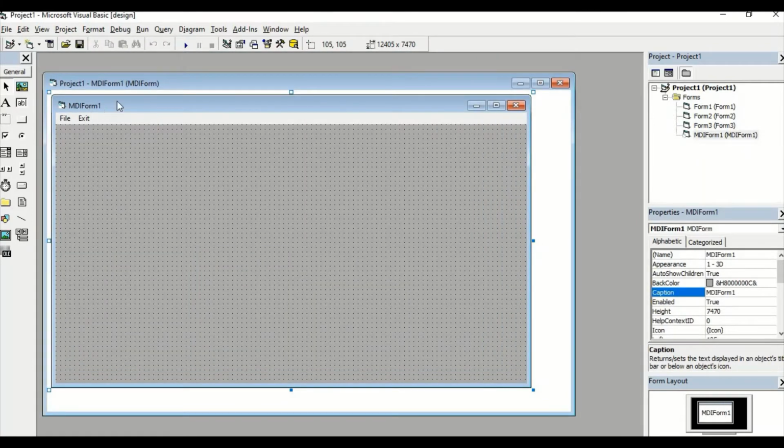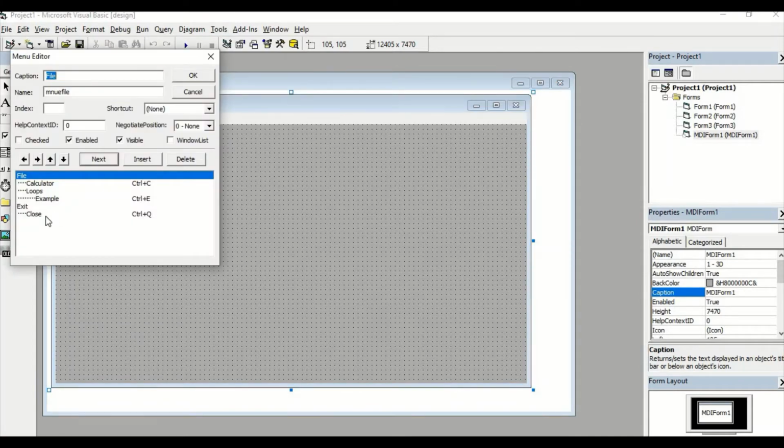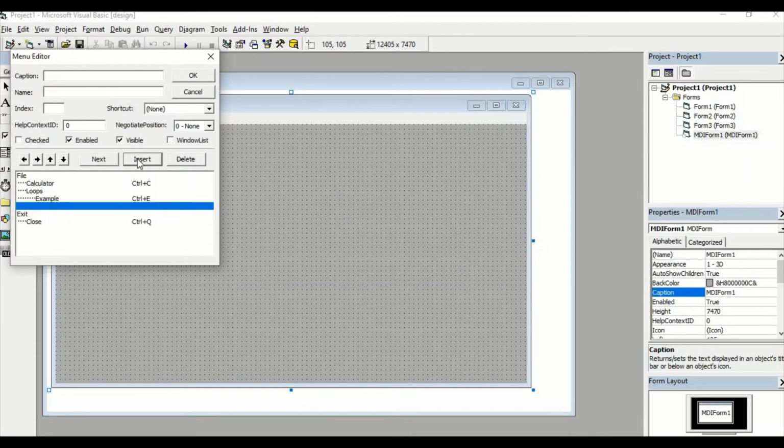For this MDI form, we go back to menu editor. Under here we add the next. So we write insert like this. We click on insert to add a new menu here. We call it timer, menu timer,